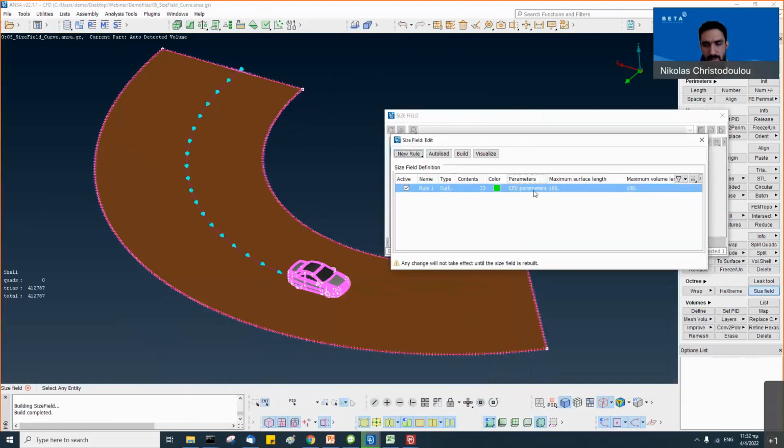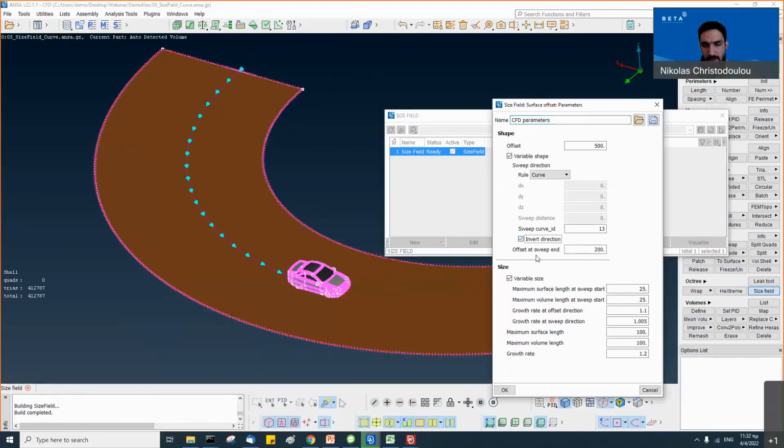So the sizing rules will be applied from start to end. However, now we want it differently. And here, as you can see, there's the offset, there's the sweep curve ID, and there's an offset at the sweep end. You can define, you see that it's a different offset at the start and at the end.